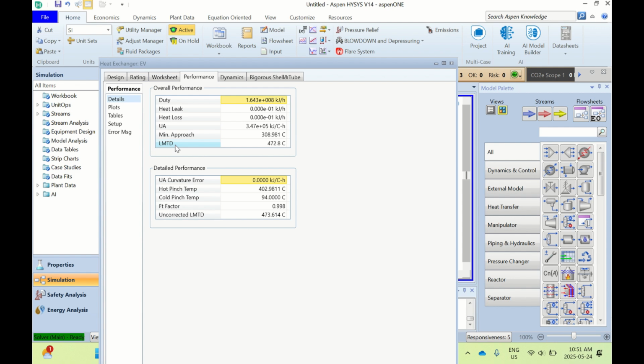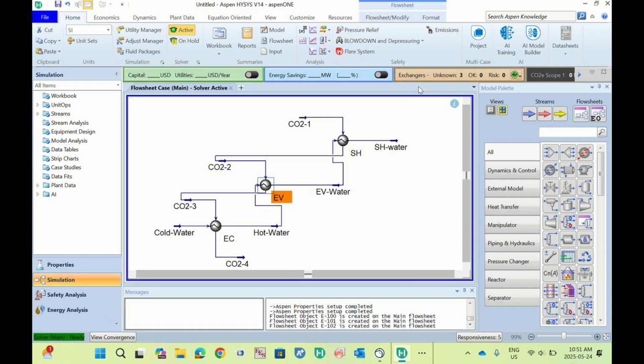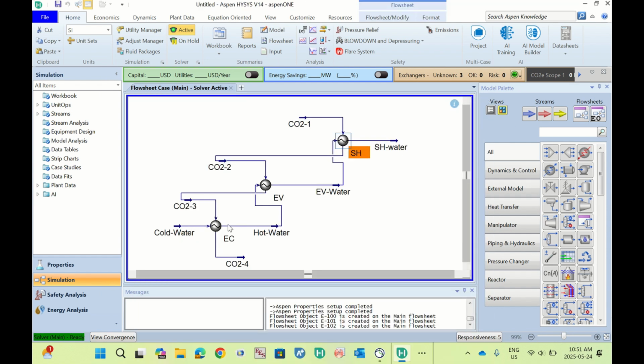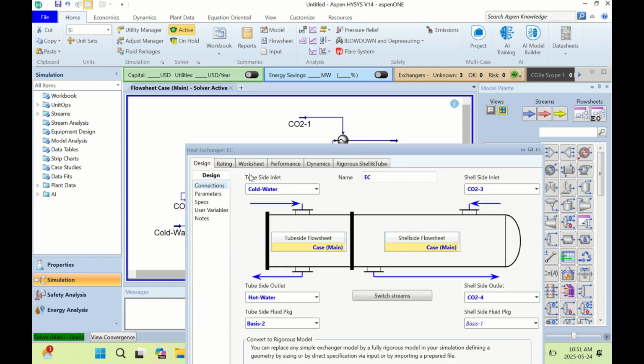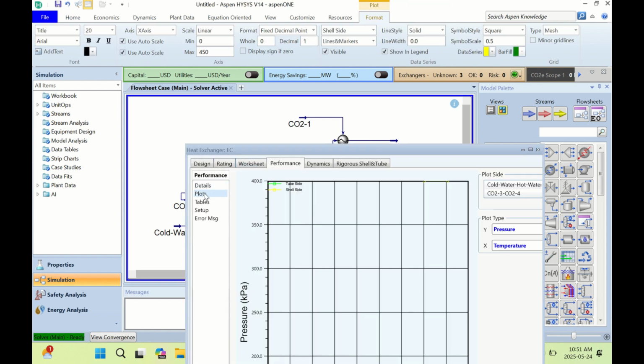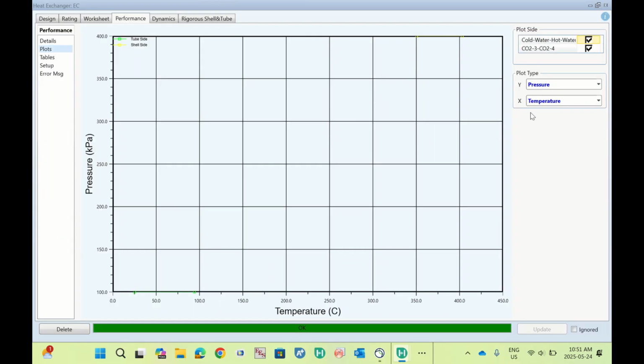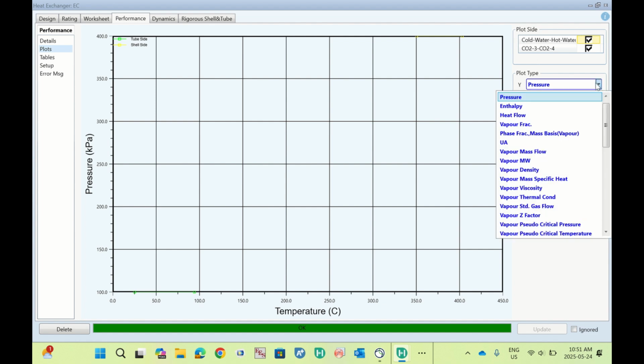LMTD, logarithmic mean temperature difference. Hot pinch temperature, cold pinch temperature, and any other information if we need for our analysis. So also it's available for the other ones, for the superheater, and also for the economizer. And another thing is that we can have some plot for our heat exchanger here. For example, we can have a temperature and heat flow plot for our